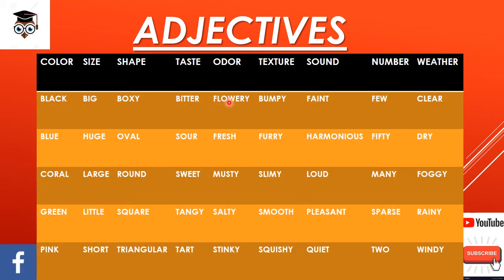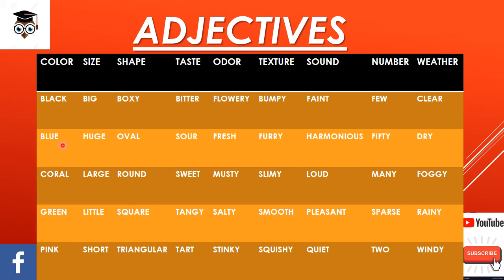It can be in the form of color, size, shape, taste, odor, texture, sound, number, weather. So in color, it can be any color. Maybe black, you can say a black dress. So dress is a noun and black is the adjective.